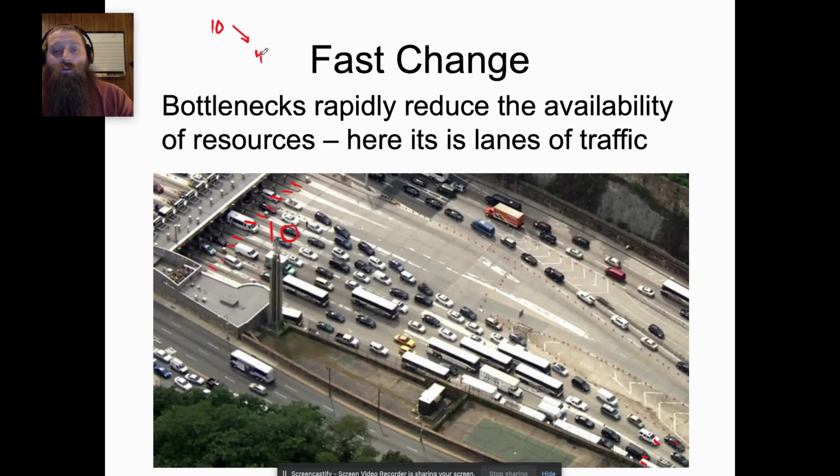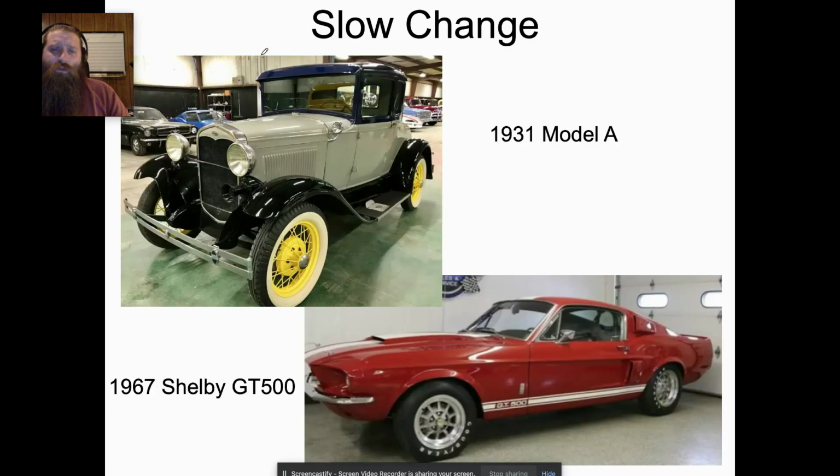It can also cause an organism that was formerly diverse to only have a few members of the species get through, all right, which changes the amount of genetic material available to pass on. We'll look at that a little bit later. Now, slow change